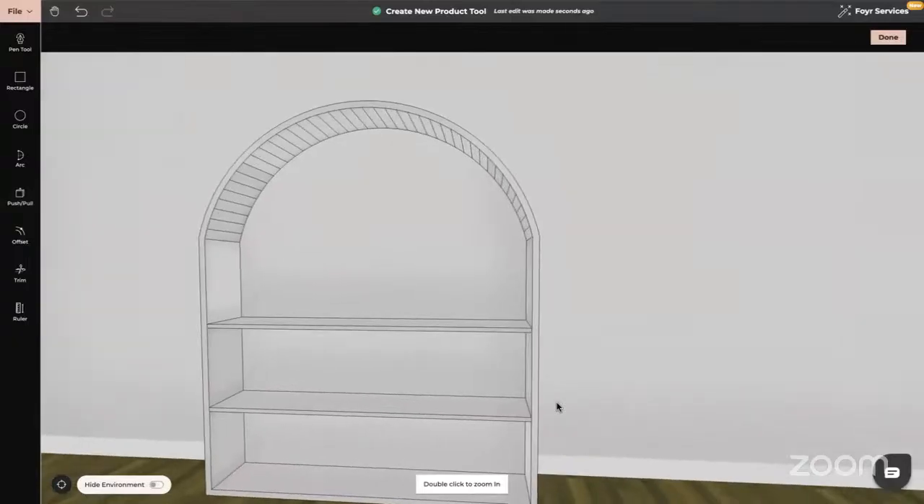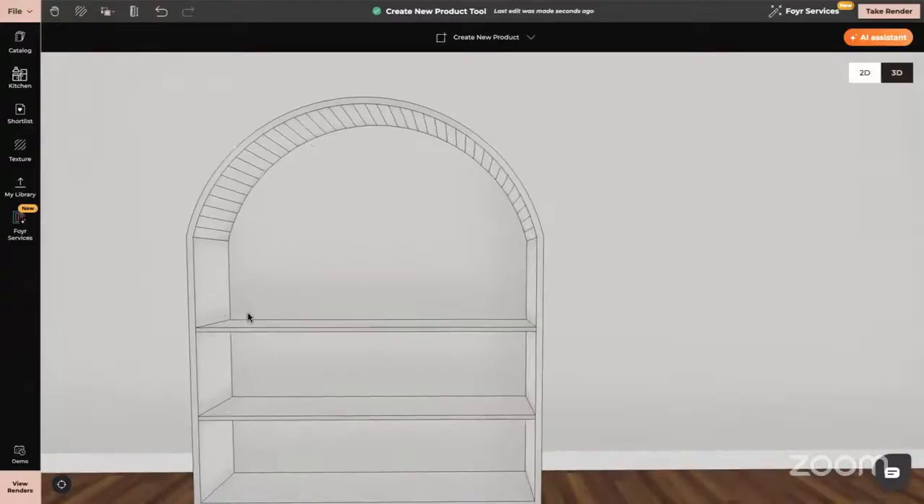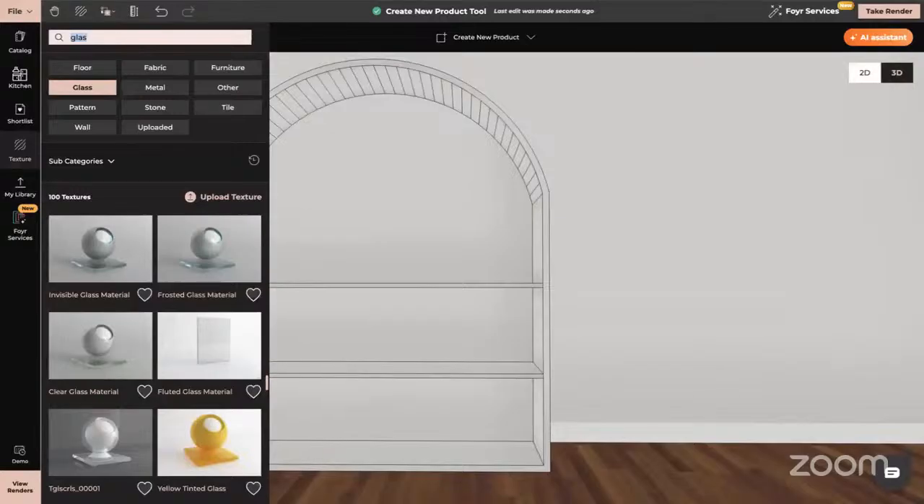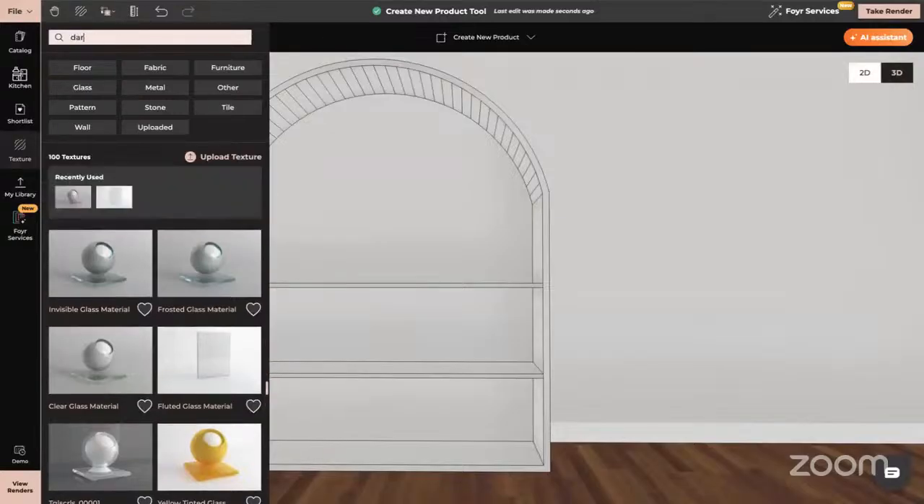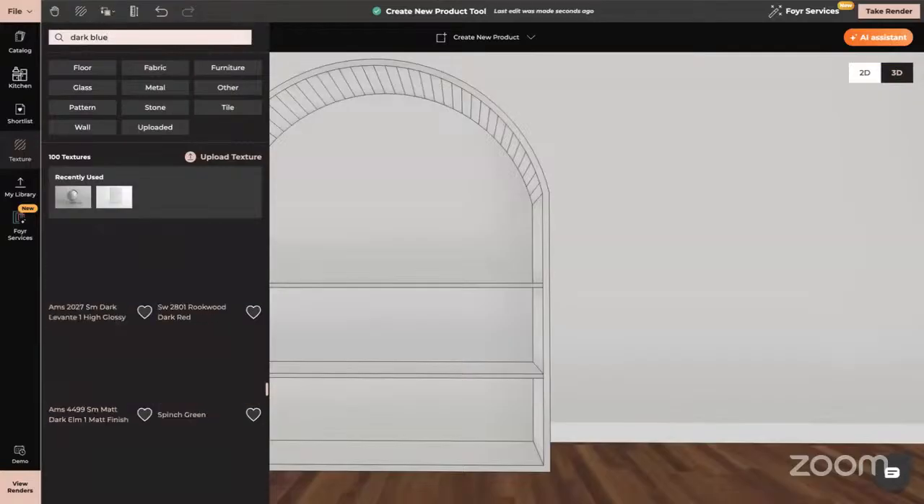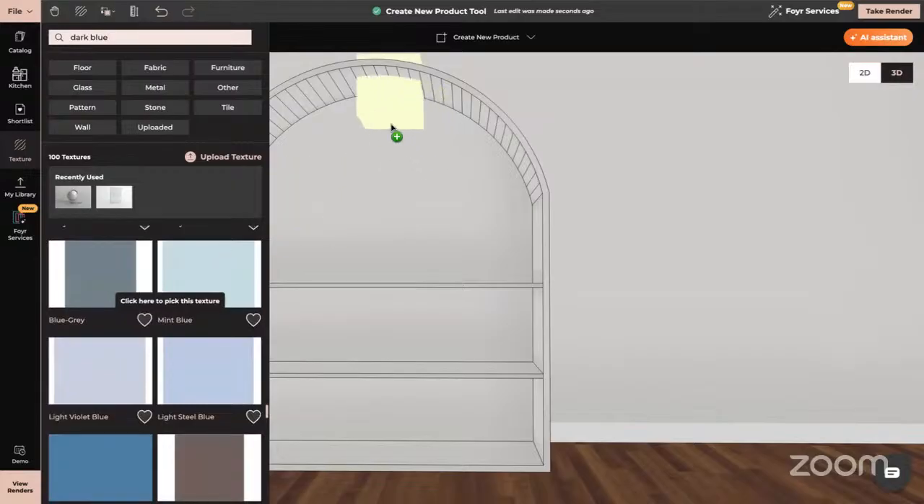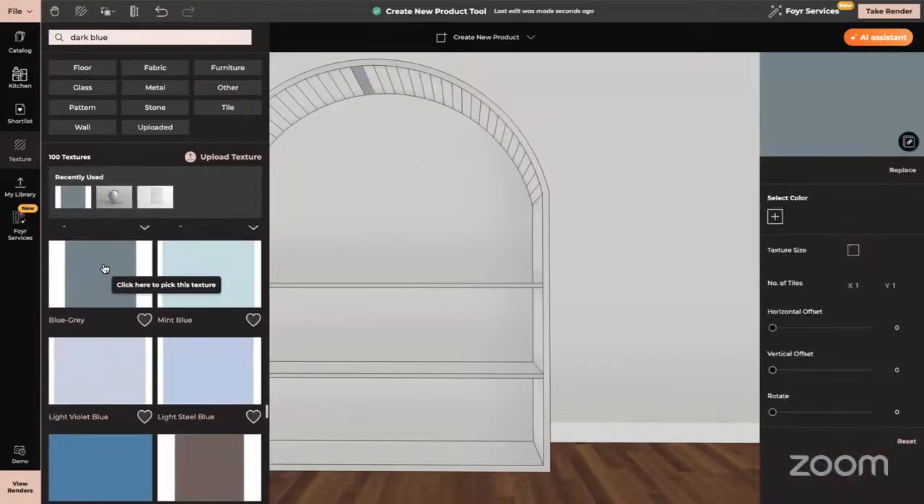For arched and circular shapes, the only thing is that you have to use paint color for texture, because otherwise you will see all the elements here. So for example, if I click on done and now I go to texture, and let's say that we will do dark blue or blue gray, something like that. So if I put it,